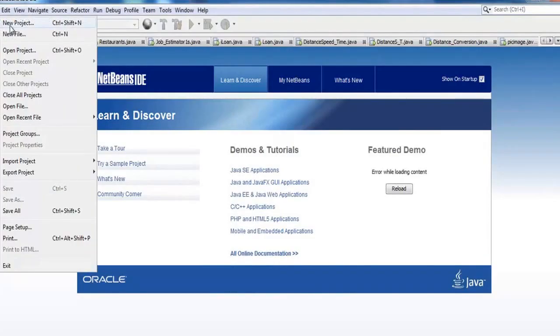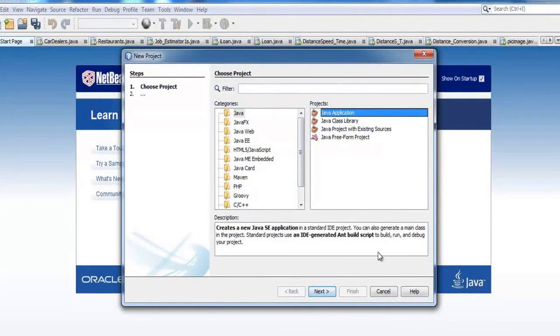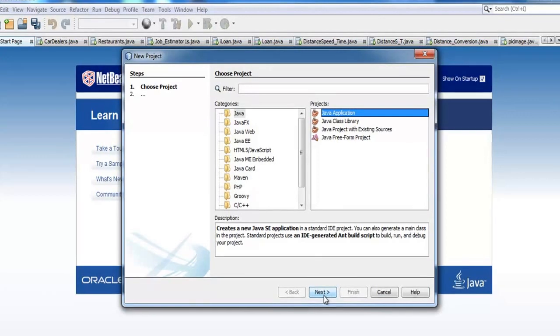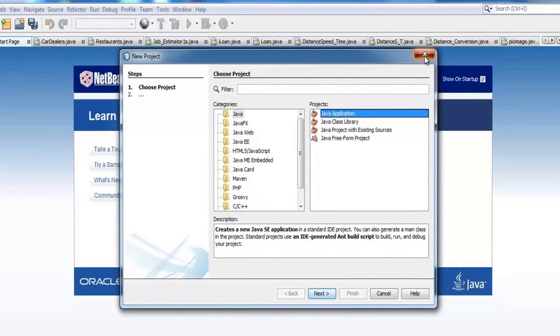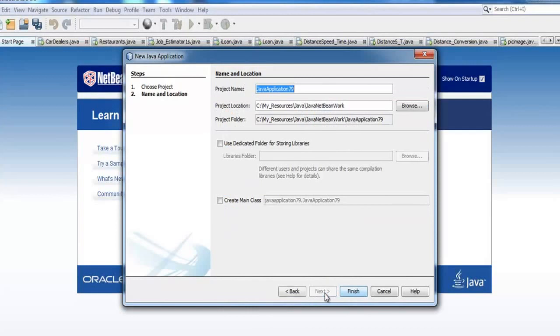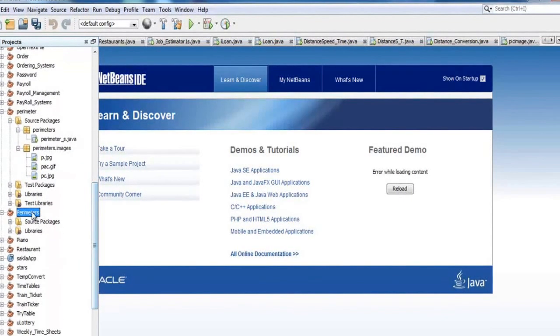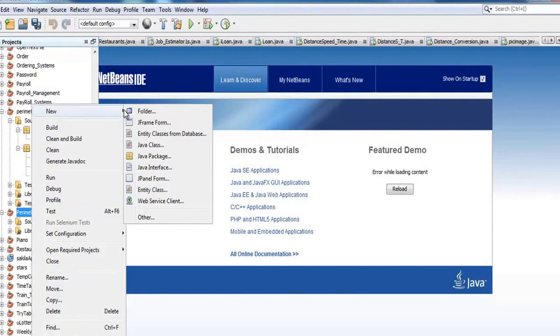Hi and welcome to Java NetBeans tutorial. In this very session I'll be finding a solution into how to calculate the perimeter of a semicircle. So we start by going into File, Project, and select Java application. Click on Next, give that a name, so I'm just going to call that parameters. So that will be, click on Finish, and once that is ready, right click on it and go to New,